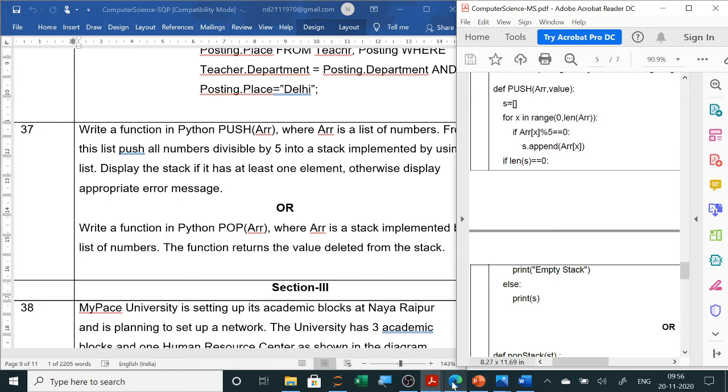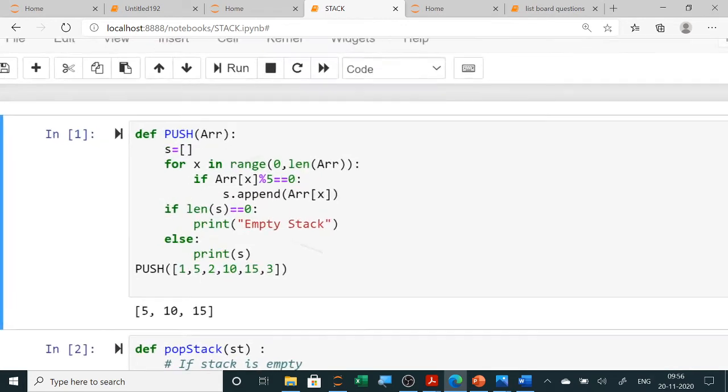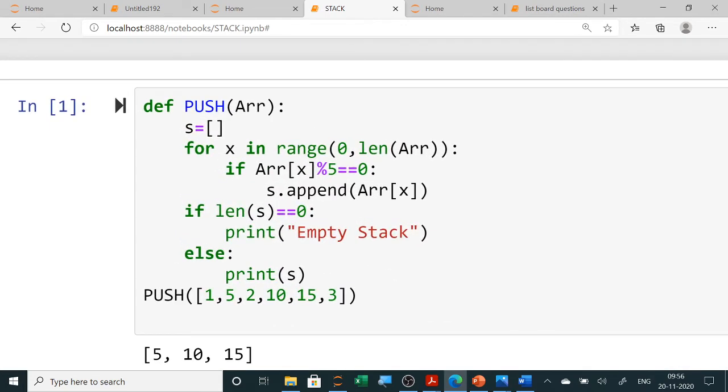So already we have solved this question. So here you can see this question is already solved here. In the previous video we have solved this. So this was given in the question paper. We have to push in stack, as an empty stack we have taken to push in it, and then one by one we will divide that element. So here list we have already done how to access an element of a list, and we will divide it by 5. If it is divisible we will append the value, and this is used for output. So this is to display the output.